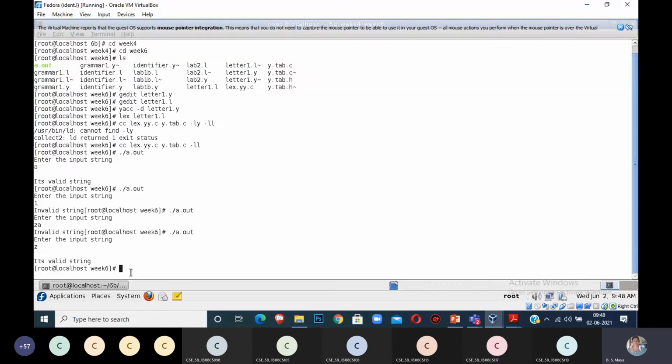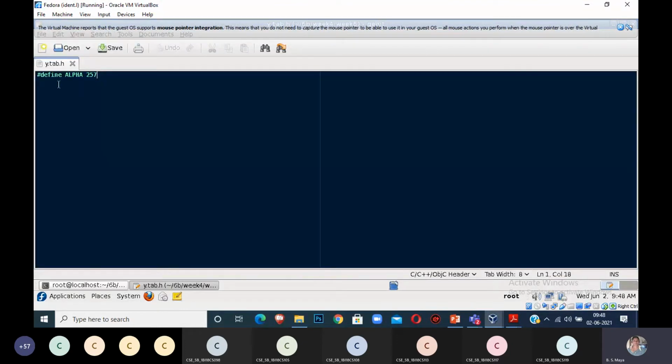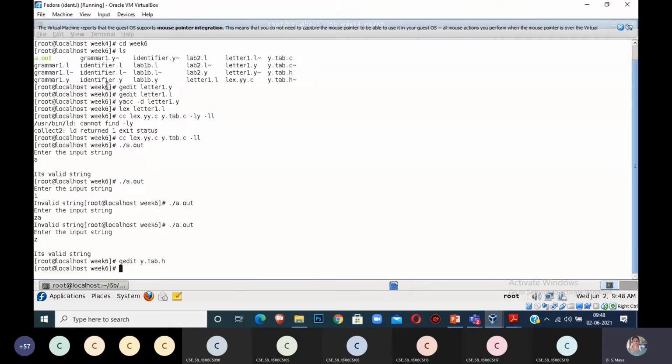See, I will show you y.tab.h also, from the previous program. How many tokens are there in the previous program? Alpha is the only one in my program. Is it right? You can check it in that y.tab.h. It contains only the header file with defined constant codes. Alpha is my token name. It will assign some token values, and these token values are used by your parser. This y.tab.h is always overwritten. Once the program is run with a different program name, it will be updated with that corresponding program's tokens.